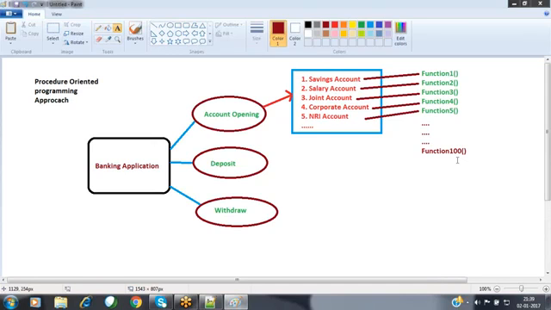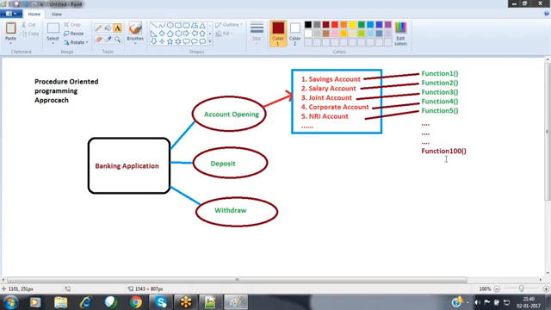Now, in this kind of scenario, whenever we use the procedure-oriented programming approach, there are some drawbacks. What are those drawbacks? Now we'll see practically. In the procedure-oriented approach, whatever functions you have implemented, function 1, function 2, function 3, up to function 100 or function 1000, depends upon the application requirement, the number of modules, the number of features, the requirements expected by the customer, and the complexity of the requirement. The number of functions keeps on increasing automatically.